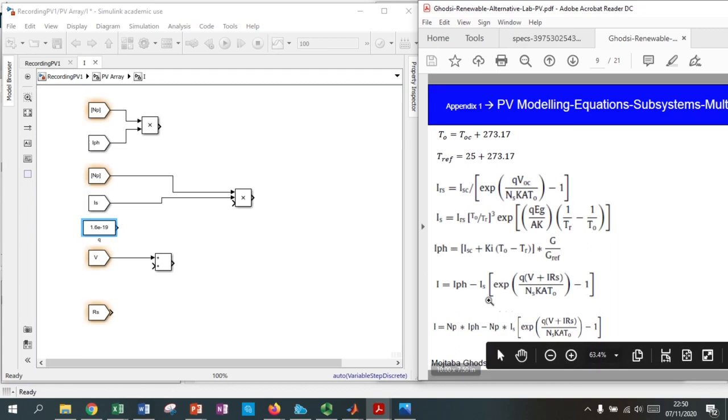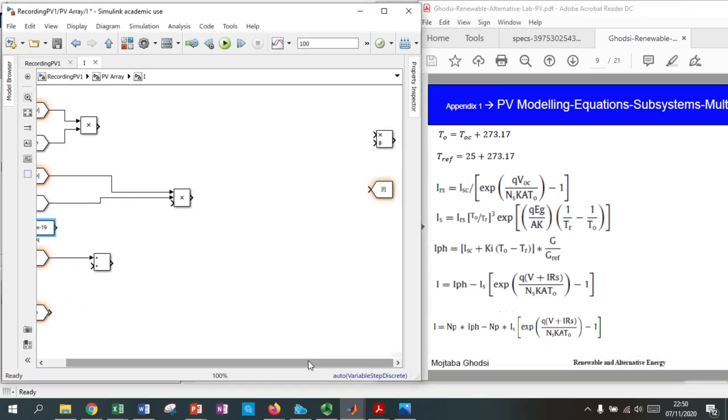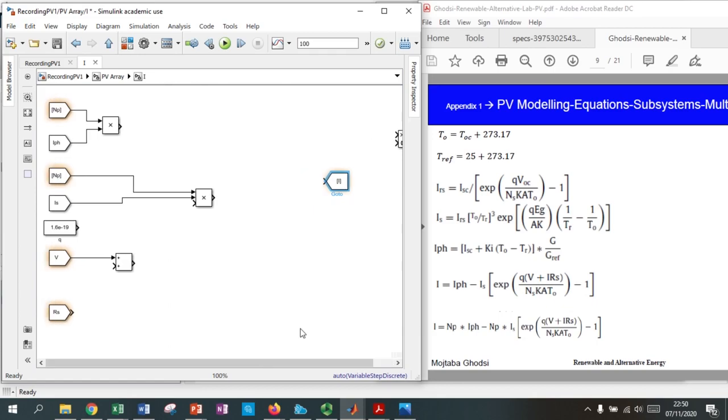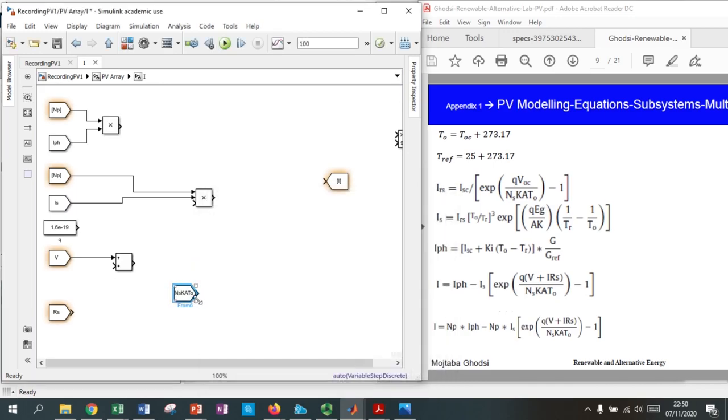Okay, now it's equal to Q times V plus IR. I is the output. Normally we have I here. Okay. IRS divided by NS. Control C, Control V. This one is NSKT. This is the input that we can find here,